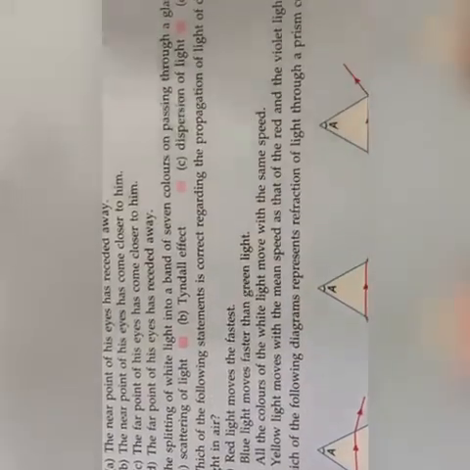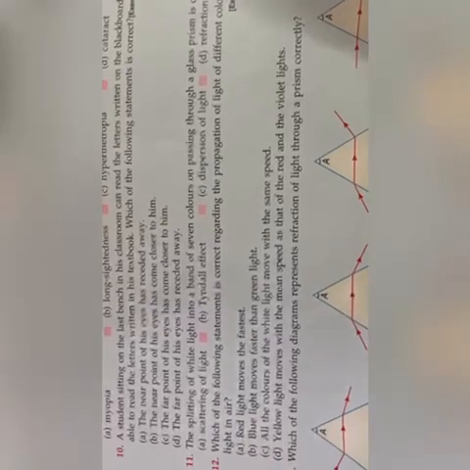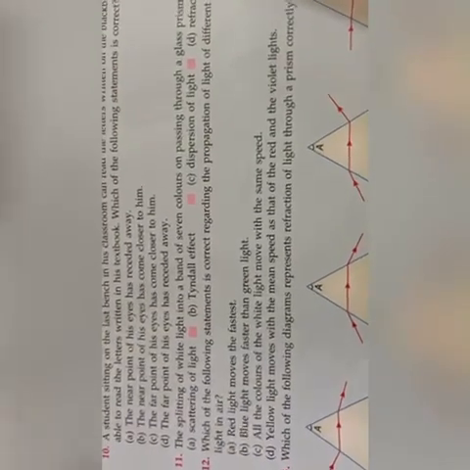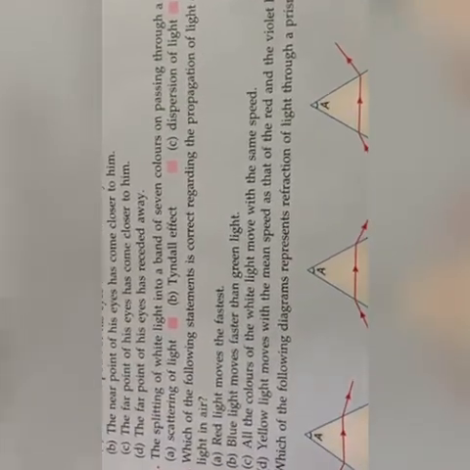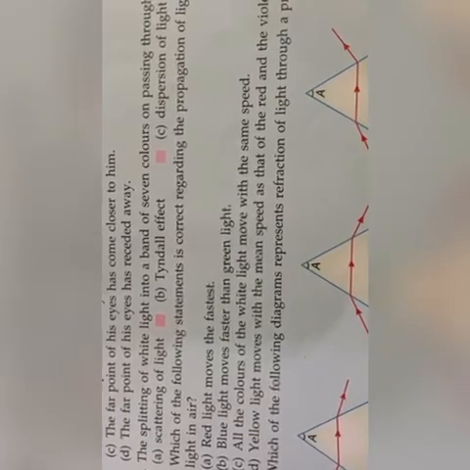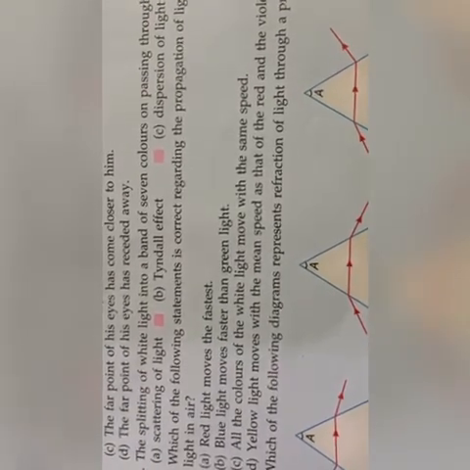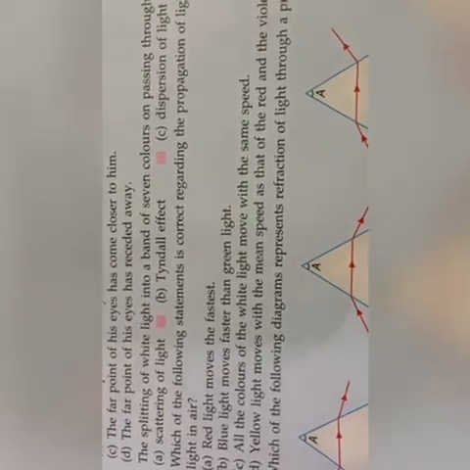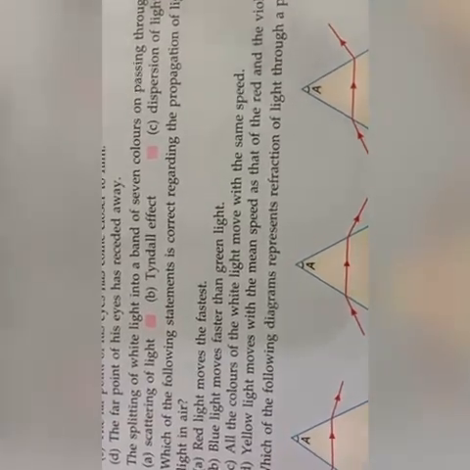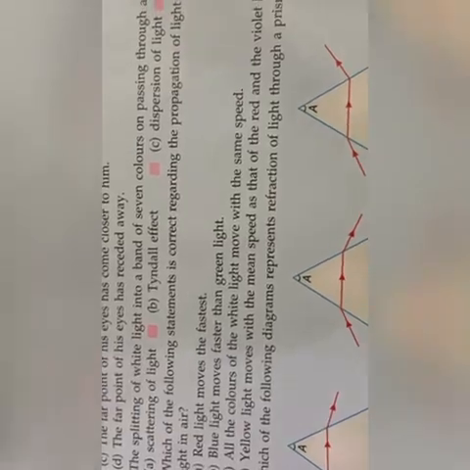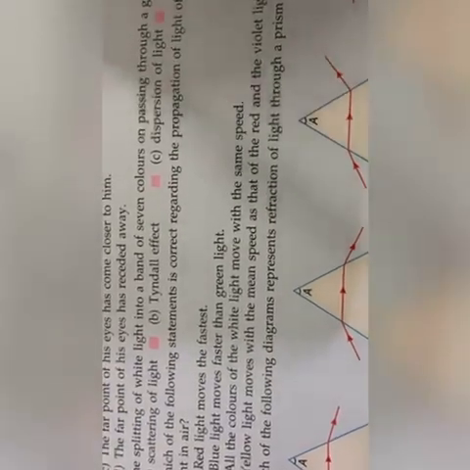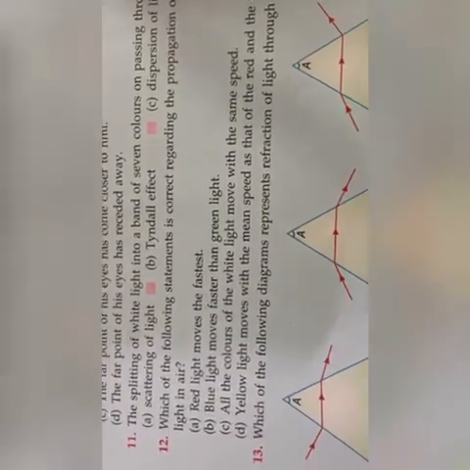12th question, which of the following statements is correct regarding the propagation of light of different colors of white light in air? First option, red light moves fastest. B option, blue light moves faster than green light. C option, all the colors of white light move with the same speed. D option, yellow light moves with the mean speed of the red and violet light. So here